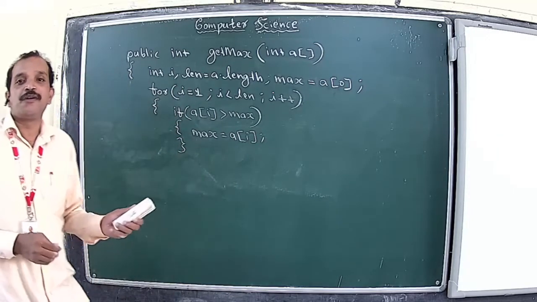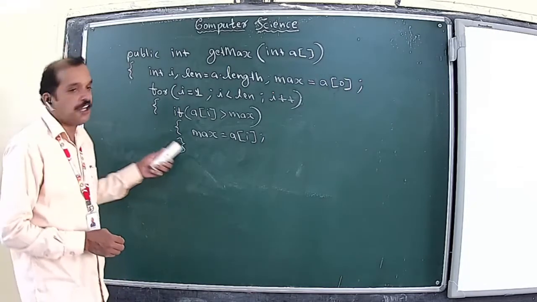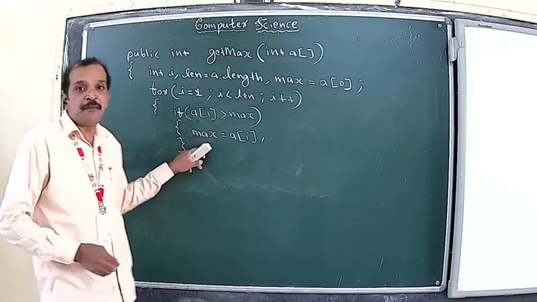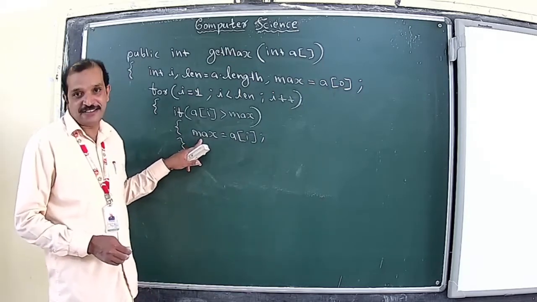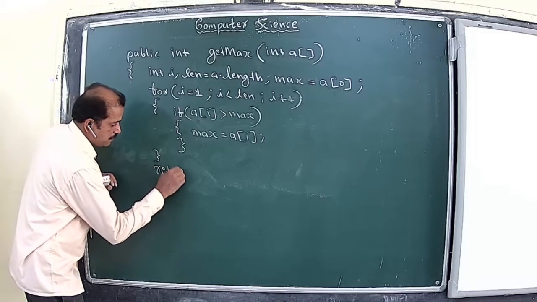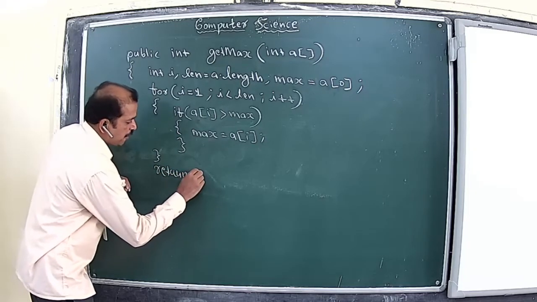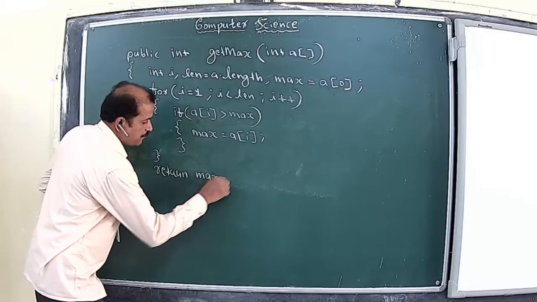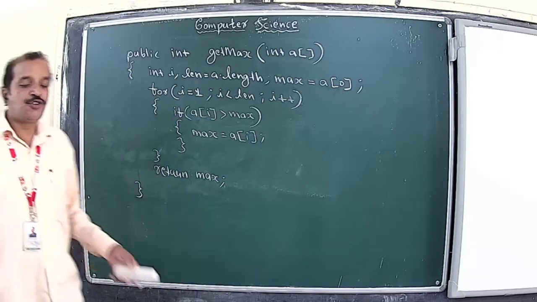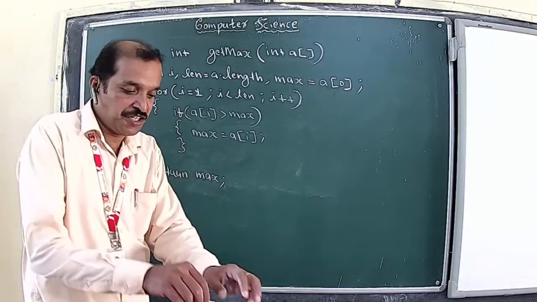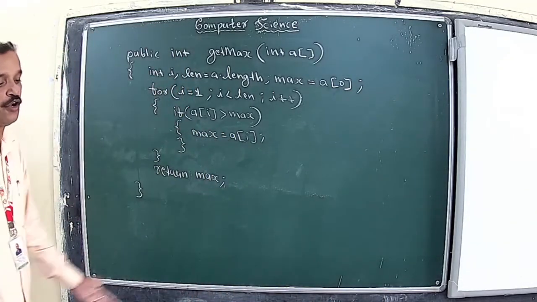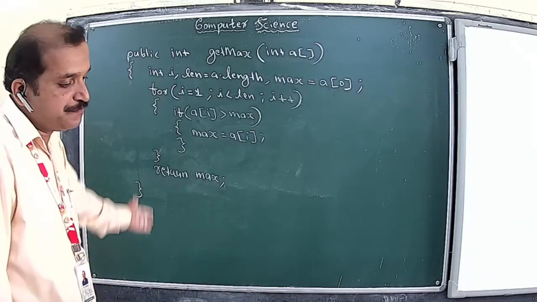See, this is how the greatest element within an array can be found. And once this loop iteration is over, definitely the greatest element in this array will be stored in this variable max. And afterwards, it can be returned also. Return max. See, so we have just seen two examples to demonstrate the processing of an array using a loop. So have a final look at this example program.